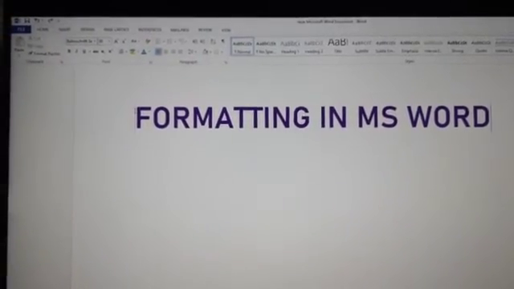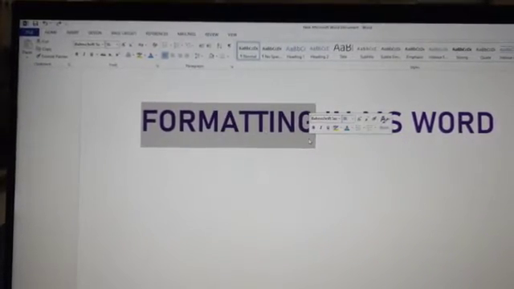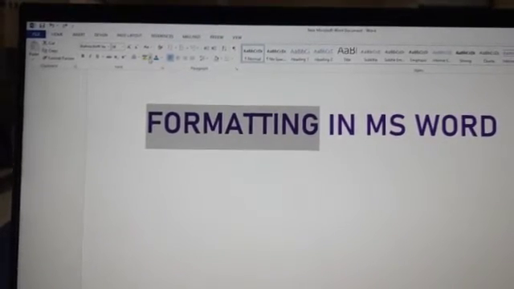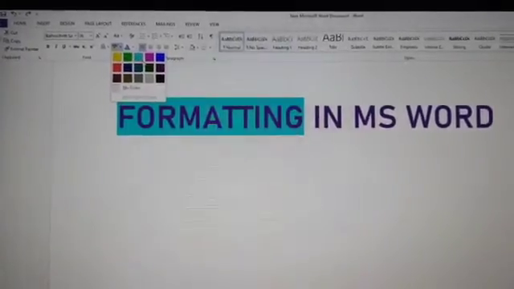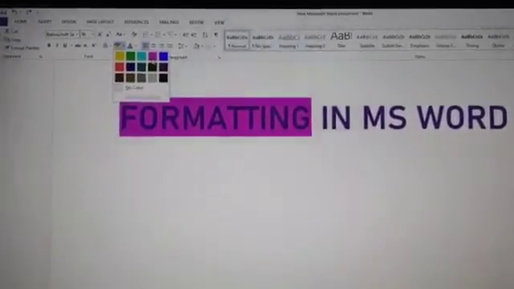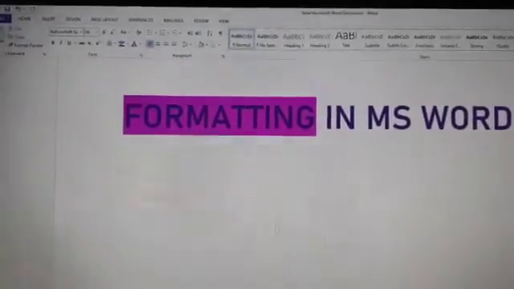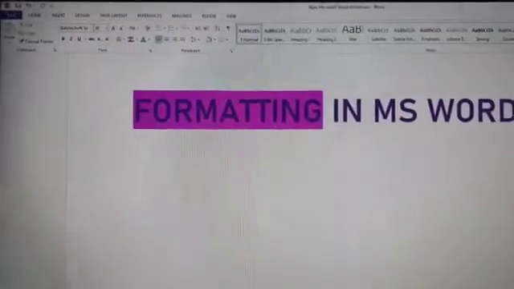This particular word only we want to highlight. Then click the Text Highlight Color option. Choose whichever color you want. We are choosing this pink color. This word only is highlighted. See, this is a highlighted color.